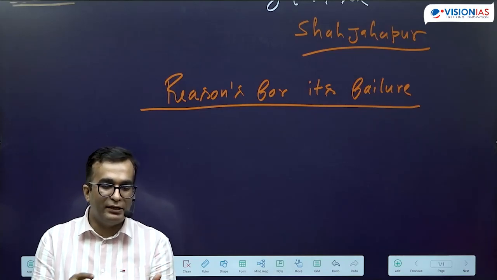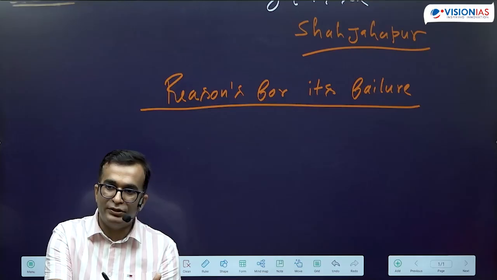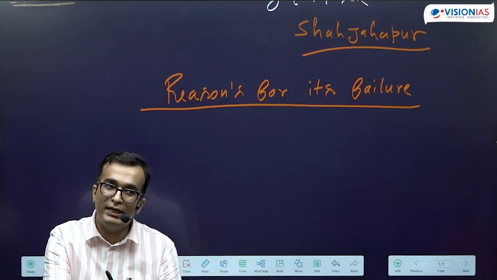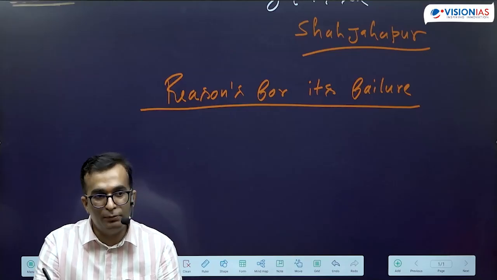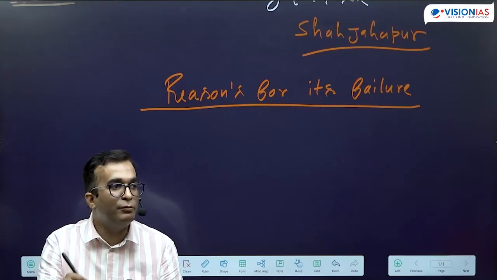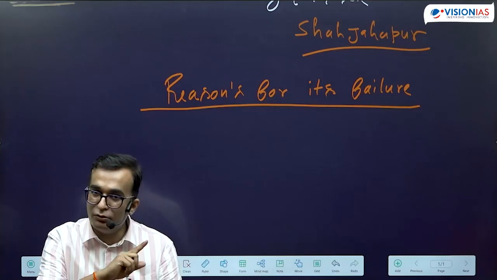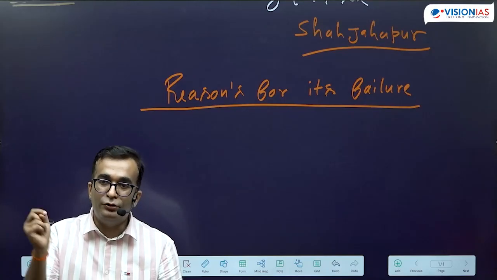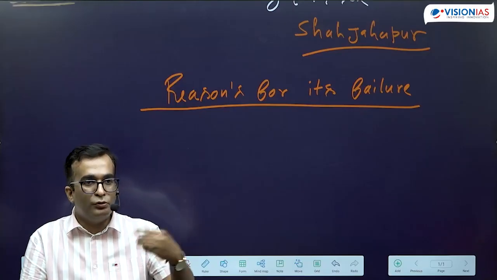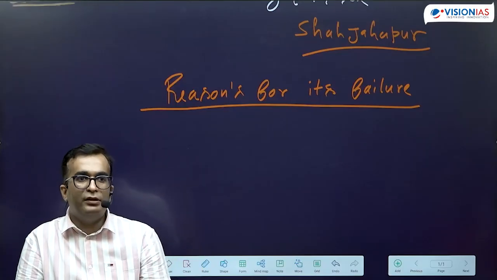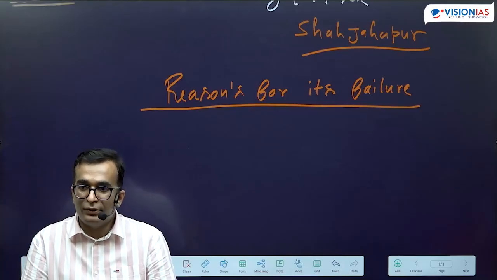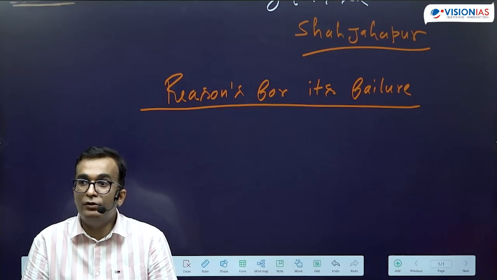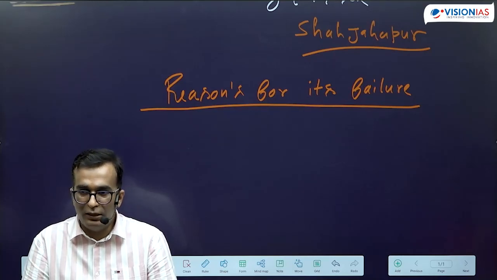Previously we said that the majority of Indian rulers and zamindars supported the British authority. But here we are saying the Indian intelligentsia did not support the revolt. It does not mean that they are supporting the British authority. They are just not supporting the revolt, but they are not supporting the British authority also. So the question can be asked कि चलो British को तो नहीं support किया, but why they are not supporting the mutineers.